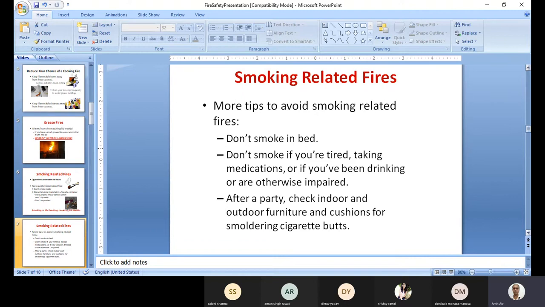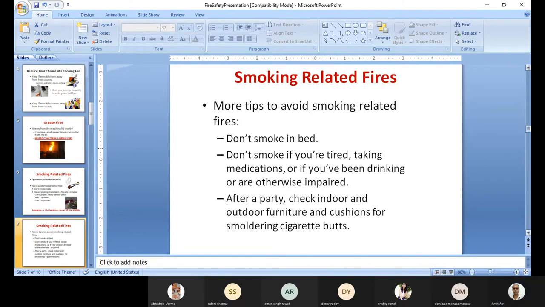Then taking medications. This is from the health point of view as well. Even the doctors are giving a strict warning that if you are on medication, then don't smoke, don't drink. Even with the vaccination for corona, this precaution was given. If we are vaccinated, then don't smoke and drink for this much time. So on medications also it has to be avoided. Maybe a person is on medication and he smokes and he just faints out. Then again, improper disposal of the cigarette or anything used for smoking will again lead to fire.